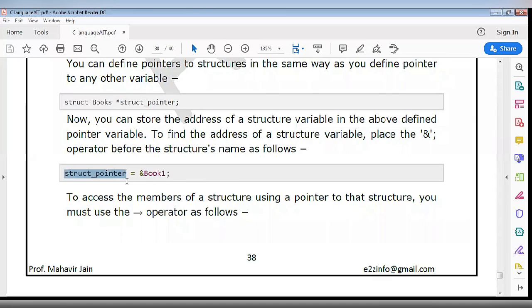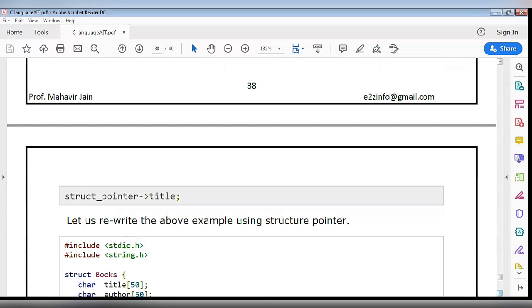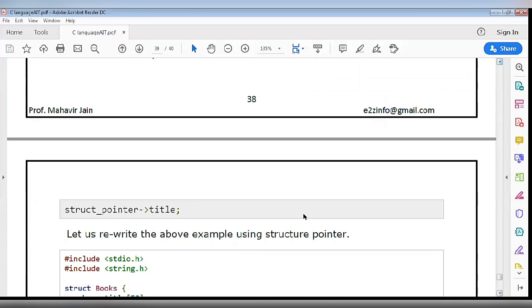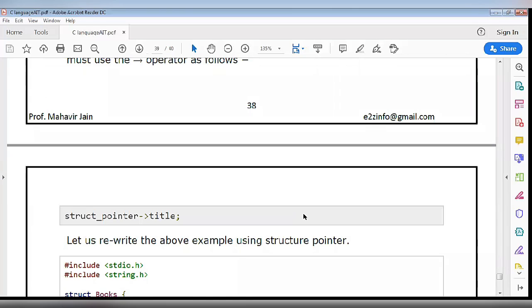Here one thing should be noted: for accessing the structure element when you are using the pointer variable, you need to use the arrow operator. In this case we cannot use the dot operator for accessing the elements of the structure. You need to use the arrow operator, like struct_pointer arrow title.